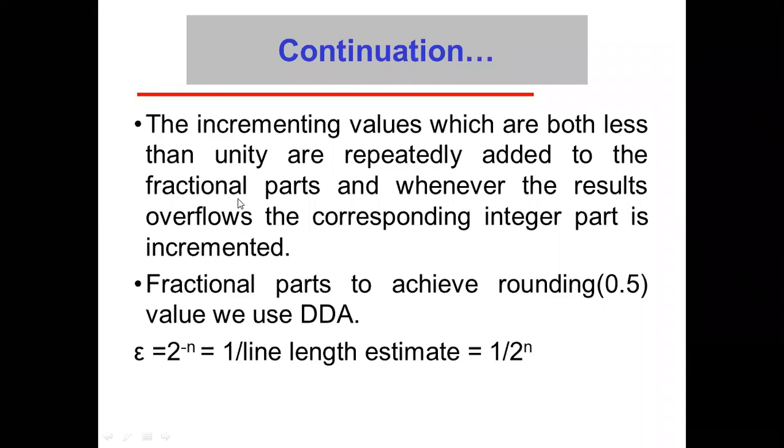what the procedure and the methodology are. So here we use two values. One is called the integer value, another is called the fractional value. So we use two registers. In one register, we store the integer value, and in another register, we store the value of the fractional part. Then this fractional part is rounded off with the value 0.5. So we add 0.5 initially to the initial value of x as well as to y.